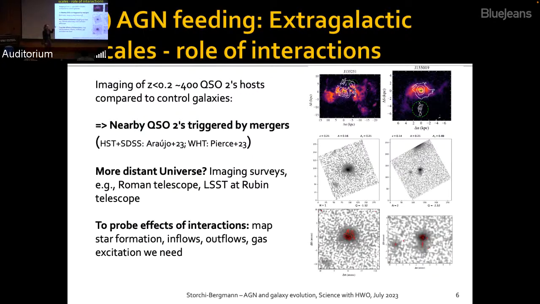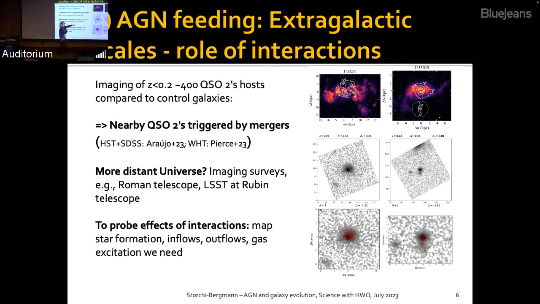And if I understood correctly what Rebecca said, when you look at very far away galaxies, you also always see mergers. So I think it's important to look for mergers over the whole history of the universe. Maybe they are the cause of the AGN. They are triggering AGN. So to look at the more distant universe, we have these imaging surveys, like the Roman